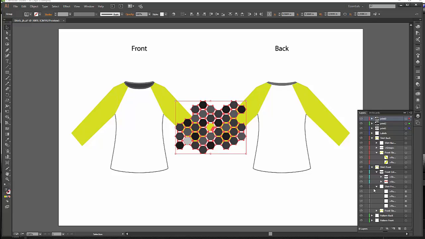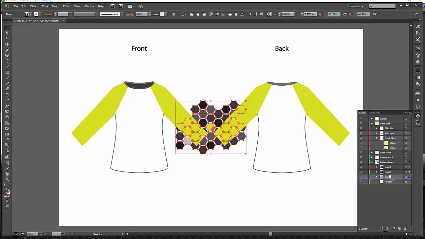So let me collapse a couple of items here so that we can see pattern front, and we're going to select the print 3 layer and shift click to select the print 1 layer, and we're going to drag those down